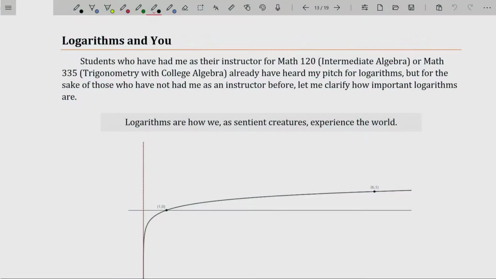Hello, my name is Roy Simpson, professor of mathematics at Cosumnes River College in Sacramento, California. This video actually sits in any course. It doesn't have to be in a pre-calculus course or a college algebra course or an intermediate algebra course or algebra 2 course. It could actually be in a calculus course or any level, because there's no math here other than a little bit of transformations, and any algebra 2 student should be able to follow it.